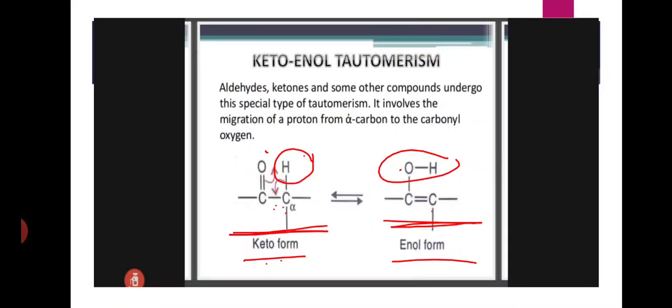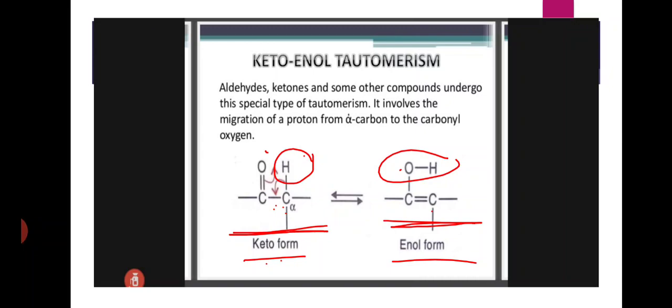Next is keto-enol tautomerism. Aldehydes, ketones and some other compounds undergo this special type of tautomerism. This tautomerism involves the migration of a proton from the alpha carbon to the carbonyl oxygen. The first is the keto form, the second is the enol form. In keto form,